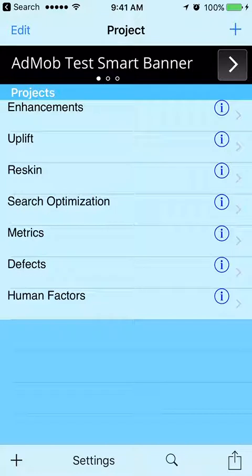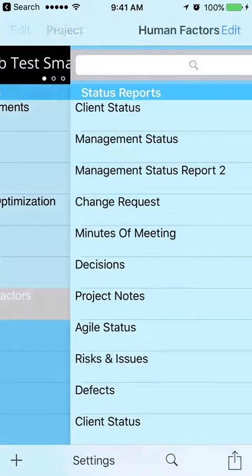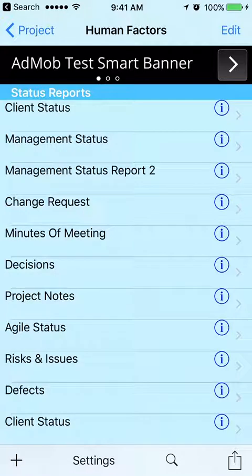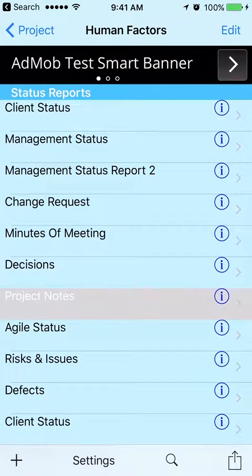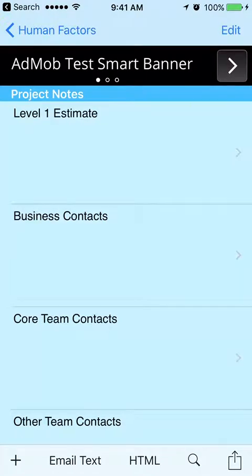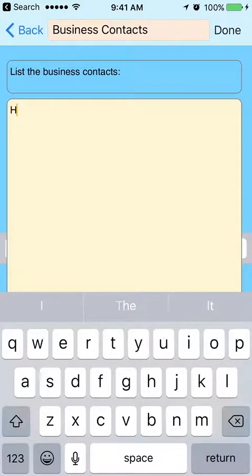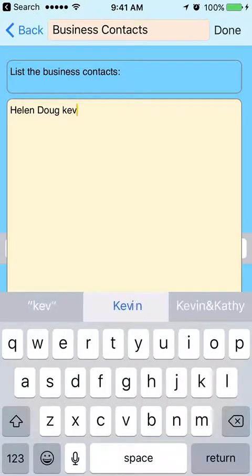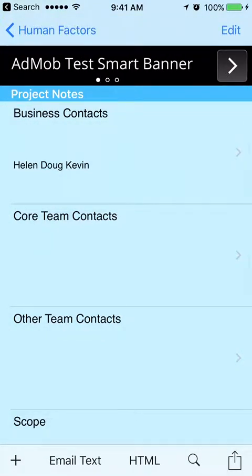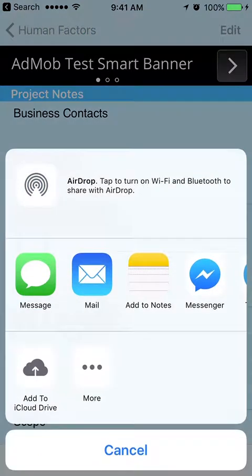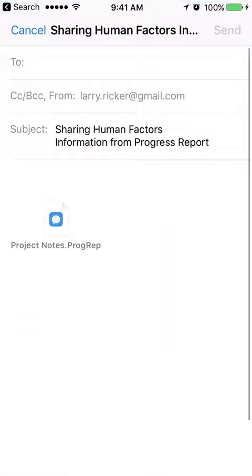Now if you want to share all the notes from a particular project, like say you had a human factors project, and on there you had a few team members, and they were like Helen and Doug and Kevin, and you wanted to share all the notes regarding this particular project, you could touch the action key here, send that as an email,